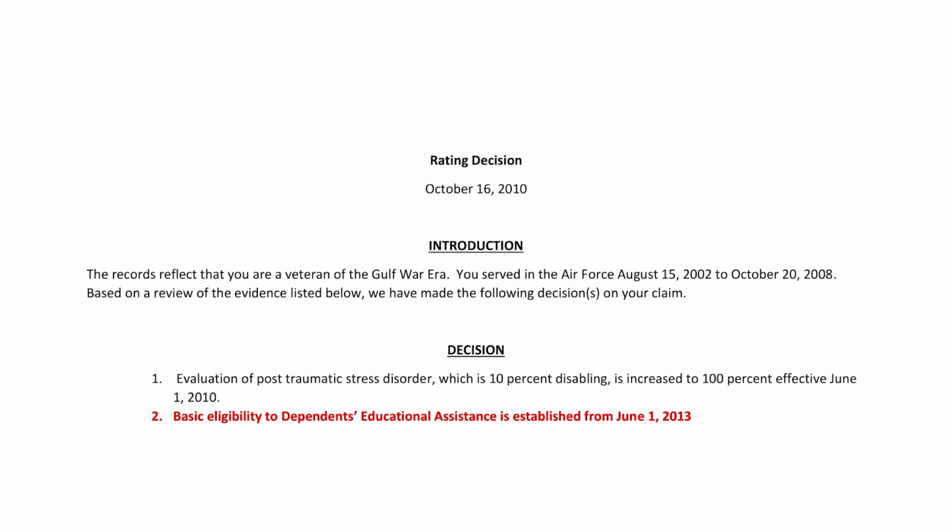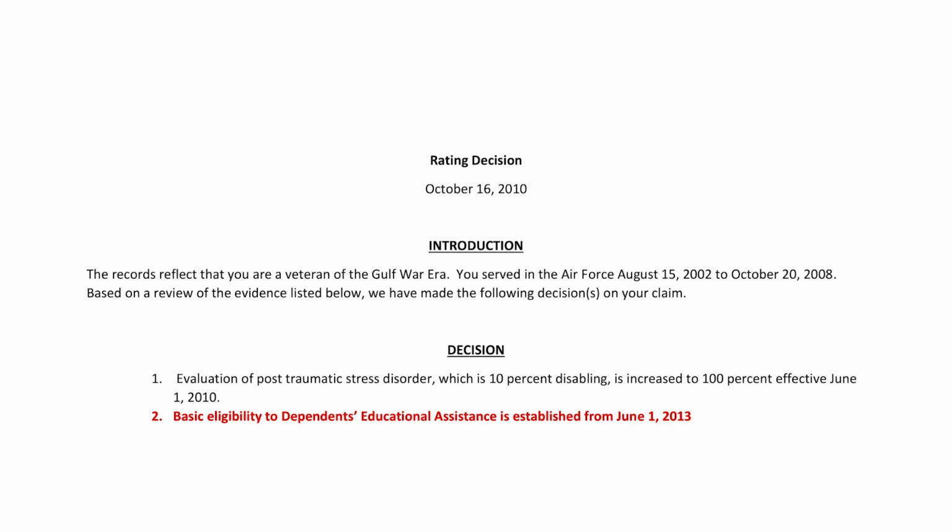Slide number 3. This is what it looks like in a rating decision. I just made up a rating. Now, this is the first page of the rating decision. What's missing? The VA seal at the top, the veteran's name, veteran's social security number, and the name of the veteran's VSO, Veteran Service Organization, and or claims agent or accredited attorney. Okay, so those things are missing. I just wanted to show in the decision section, which I've highlighted in red, what permanent and total looks like